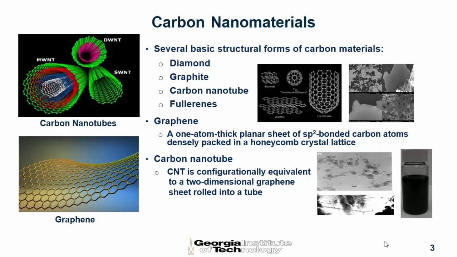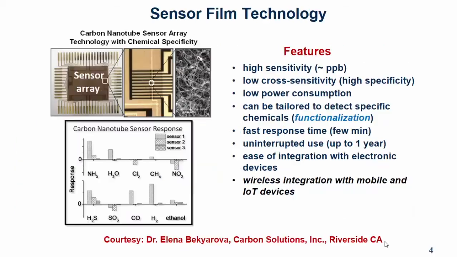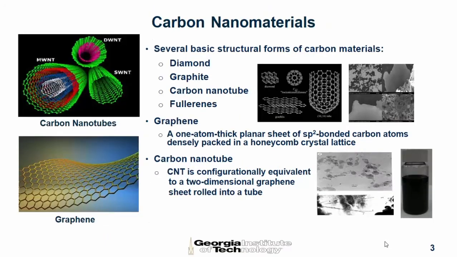Carbon nanotubes are nanomaterials available in various different forms. The initial raw material is graphite, or diamond is another version of graphite. And nanotubes are basically two-dimensional sheets rolled into the form of tubes. They are available as single-wall nanotubes or multi-wall nanotubes. And fullerenes are in the form of a pentagonal lattice, as you can see here. One of the most promising nanomaterials is graphene, which is a single atom thick planar layer of carbon atoms in a honeycomb lattice. And you can think of a CNT as basically, configurationally, a two-dimensional cylinder formed from